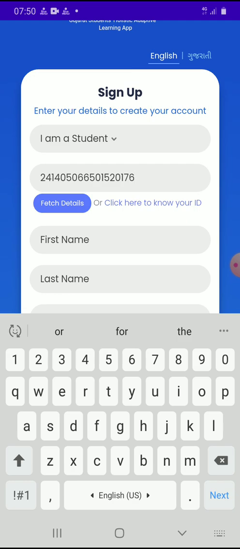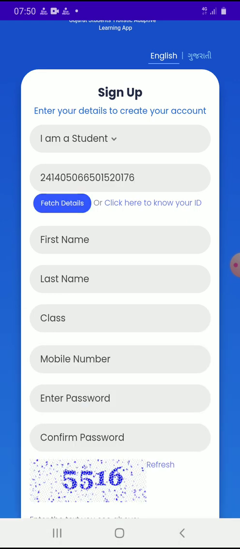After entering this number, you have to click on fetch details. If you touch on fetch details, it takes some time, but all the information will come. As you can see here, the name of the student and the standard automatically come.